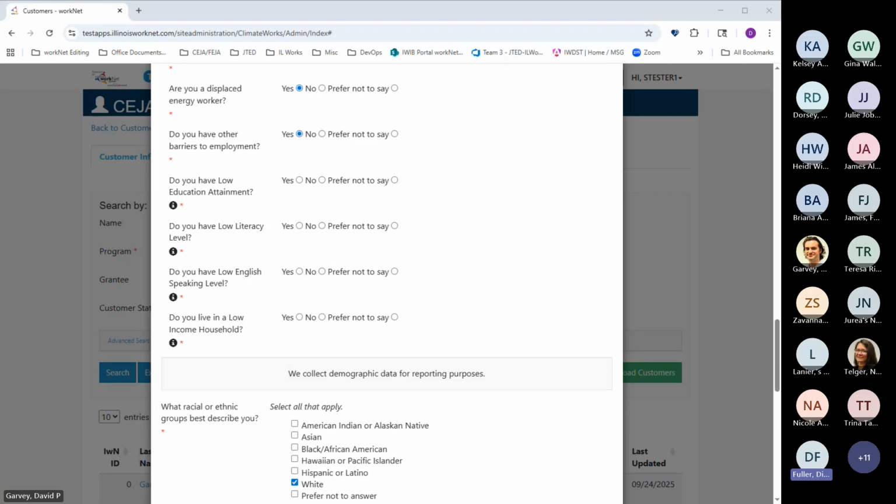No, these 4 questions are related to the CEJA reporting requirements specifically. Right, and that's what I'm asking you. So for all of our students that have already been screened, none of these questions are answered. So when our report is run for the CEJA reporting, none of those students are going to be included in the numbers for these particular questions on that report. Correct. Those would fall under CEJA programs. These 4 questions fall into the category of other barriers to employment.